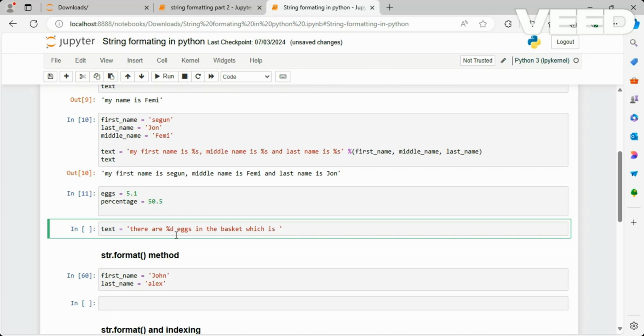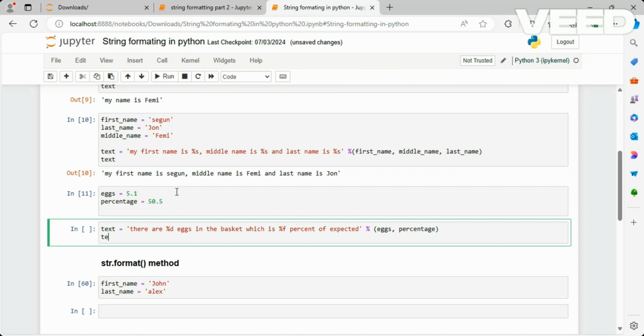which is, so I want to say 50% of expected. So I will put a placeholder there, but I want it to be a floating point, so I put f. So 50% of expected. Then I will notify it and say the first is x, and then the second placeholder is for percentage. And if you call our text,